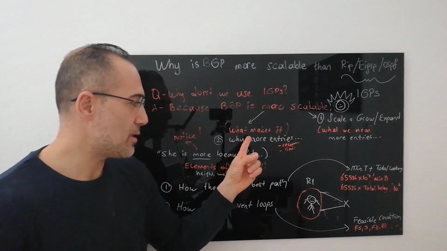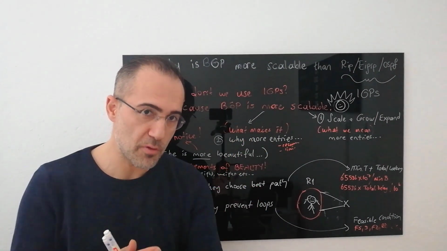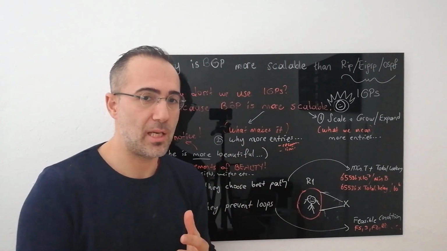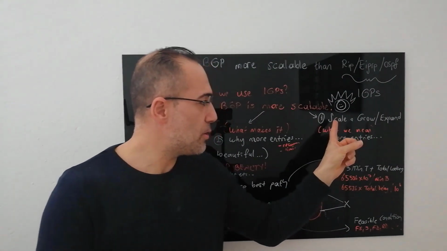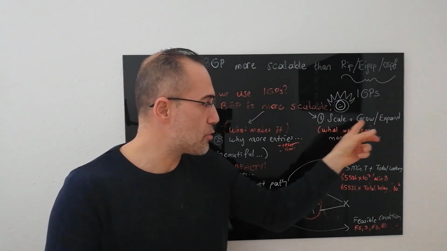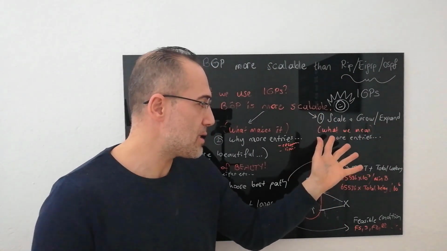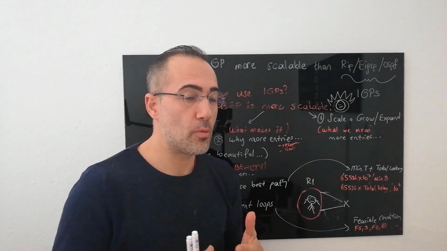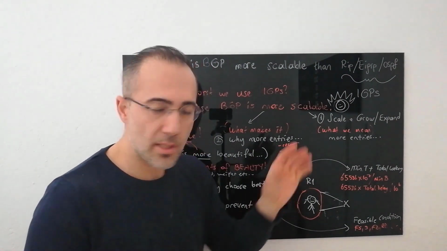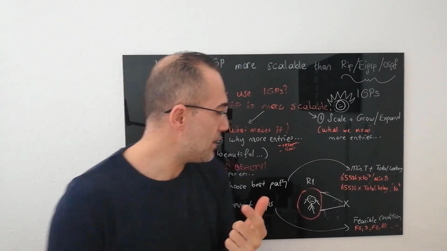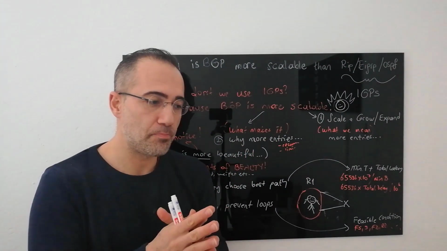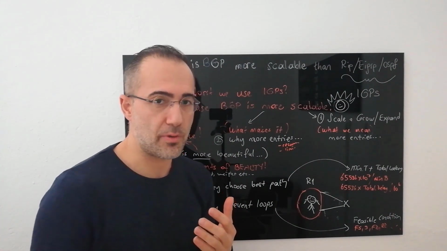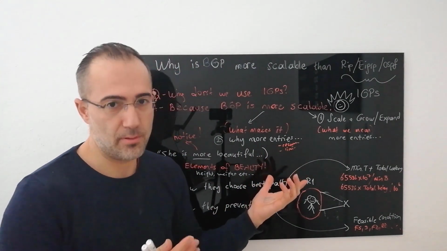And the second question, which I believe is more important than the first one, what makes BGP more scalable? The simplest definition of the word scale would mean to grow or expand in this context, meaning you could have far more routing entries in your BGP table or routing table. This is clear. But what is not clear to me is what makes it more scalable. I mean, why does it have more routing entries? Or why is it more scalable?